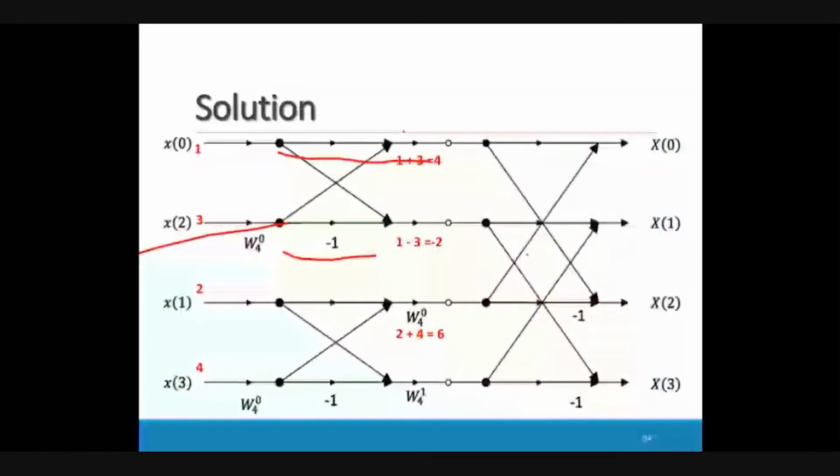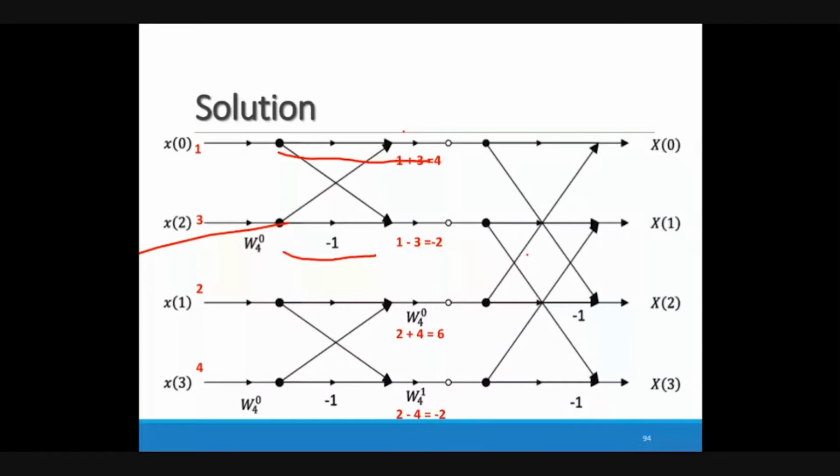Similarly, in the next row, we are multiplying with the Twiddle factor omega 4 raised to 0. As I told you, omega 4 raised to 0 having value 1. So no importance of this Twiddle factor for this calculation. So here we are getting x of 1 minus x of 3. So x of 1 having value 2 and x of 3 having value 4. So 2 minus 4. So your answer for this particular place will be minus 2. All of you clear up to this?